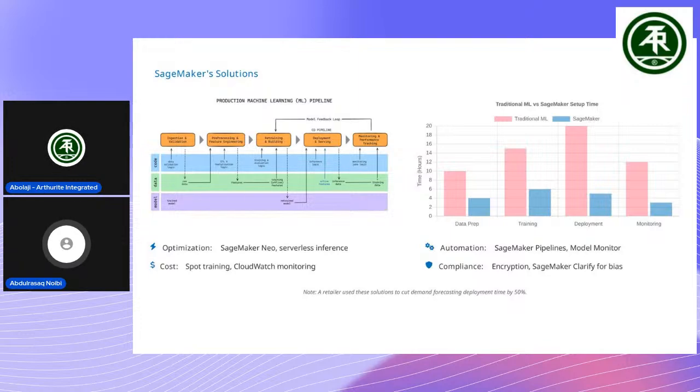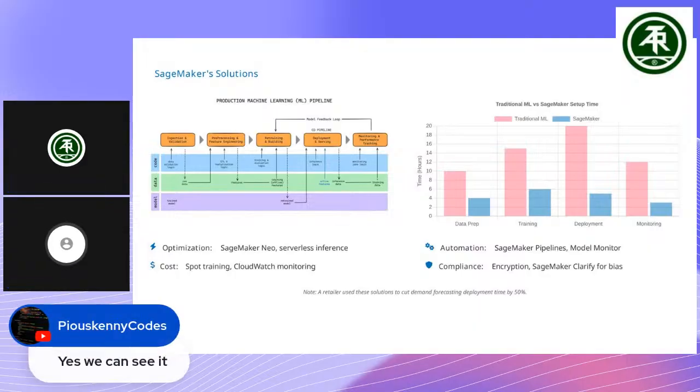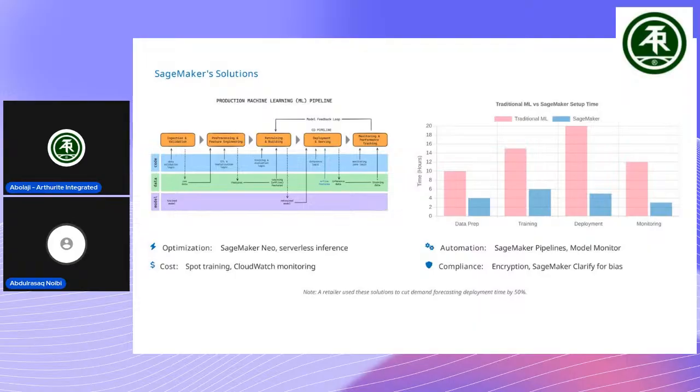So now, if you look at the production machine learning, that's the ML pipeline. So how does it start? We have the model, we have the data, and we have the code. Now, the first thing that we want to do is to ingest our data and also validate it, right? Your data can be in different formats. Maybe in CSV, it can be raw data, it could be unstructured data. So whatever your data is, one way or the other, you want to make sure that data is validated.